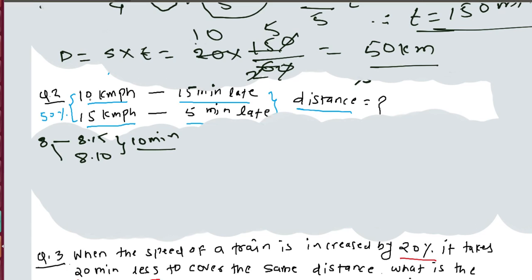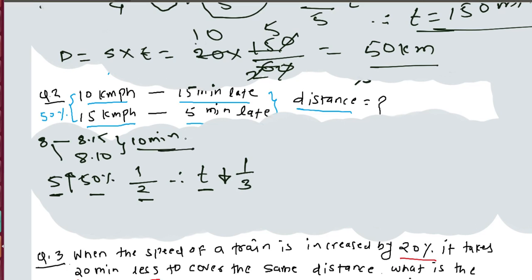The other way is that speed is inversely proportional to time. Here speed is getting increased by 5 km/h over 10. That means it is getting increased by 50%, which is nothing but 1/2, right? Original speed was 10 km/h, new speed is 15 km/h. That means original speed is increasing by 50% or half. Therefore original time has to decrease by 1/3, and that decrease in original time is given to us